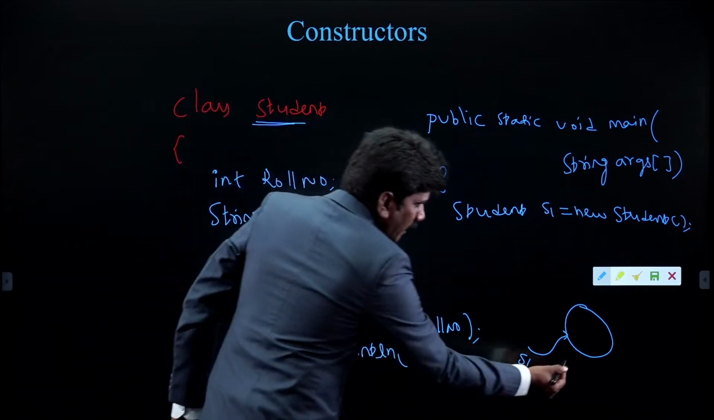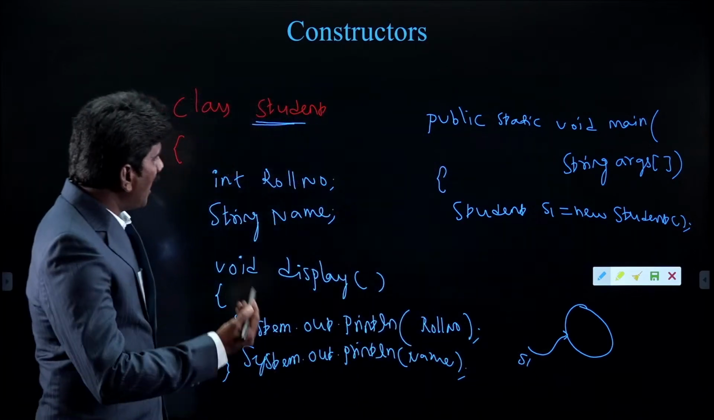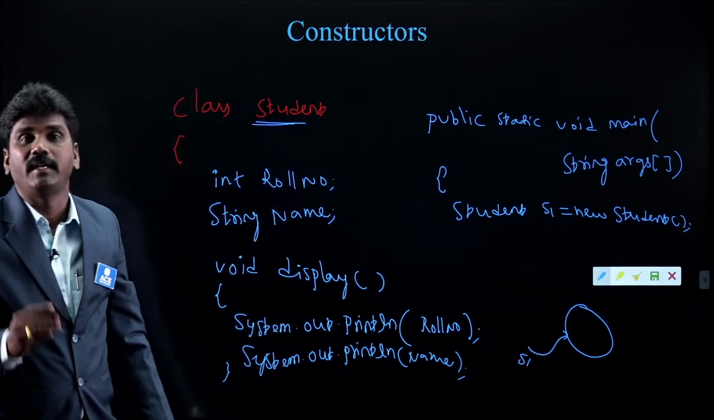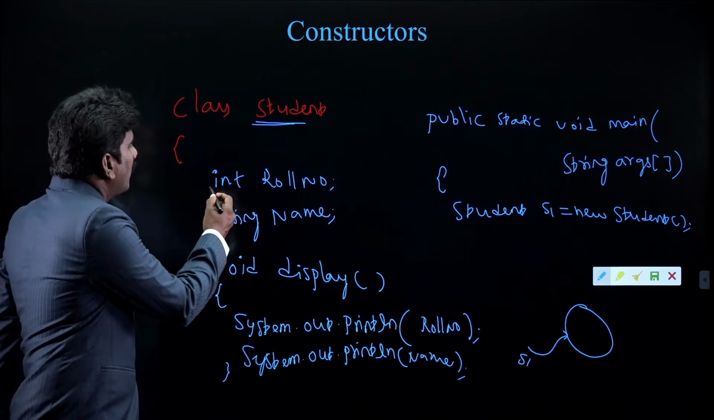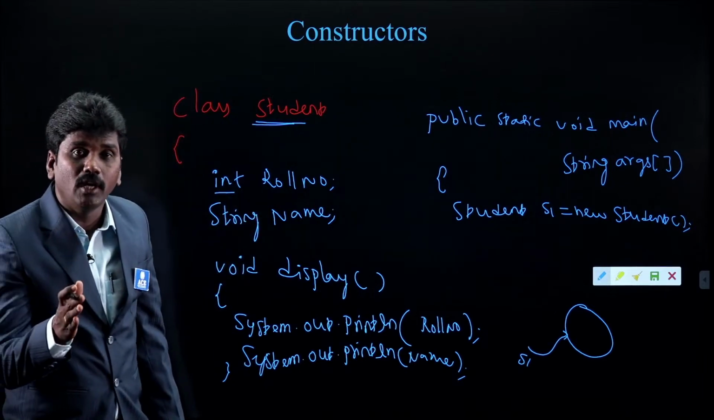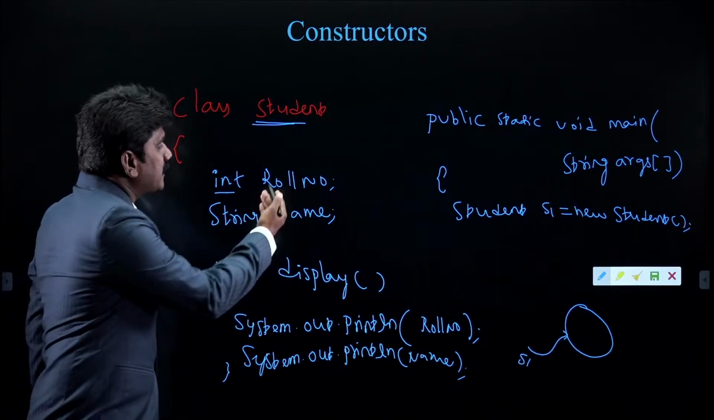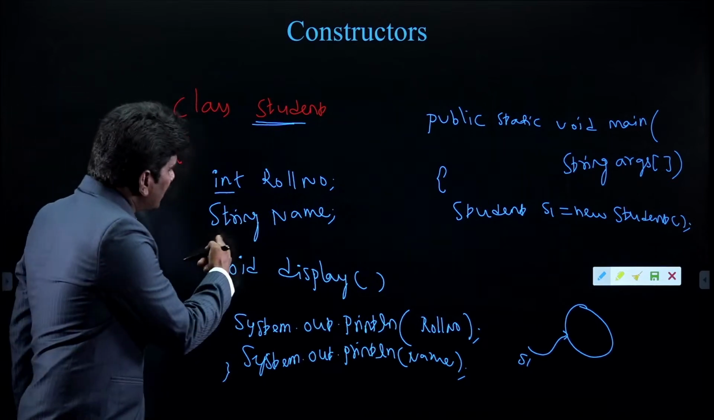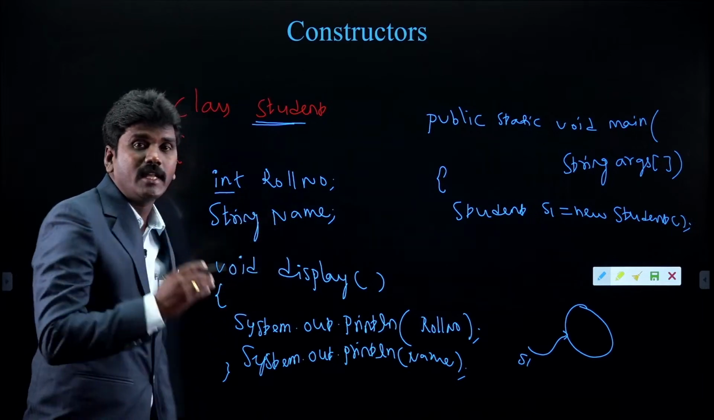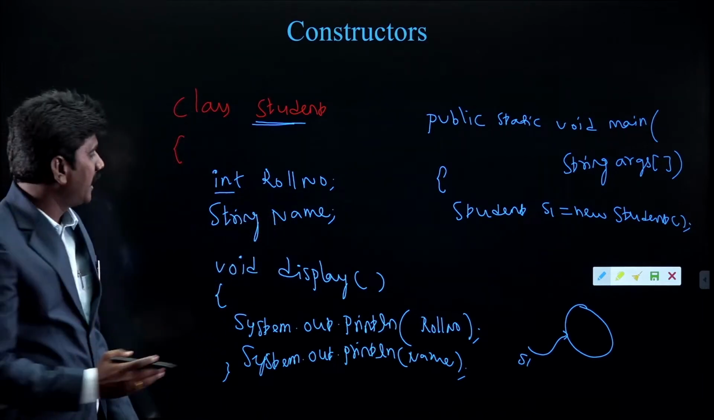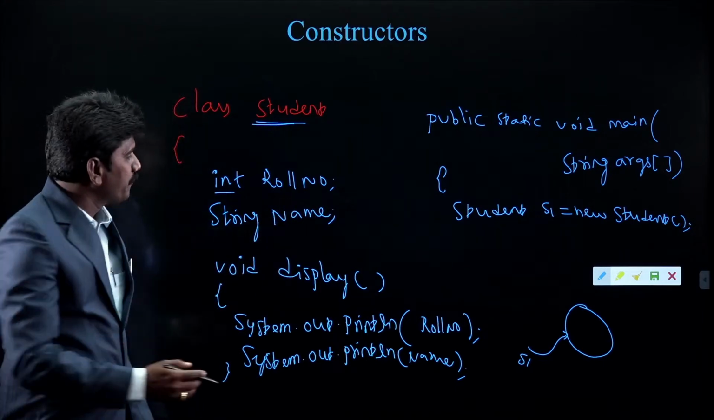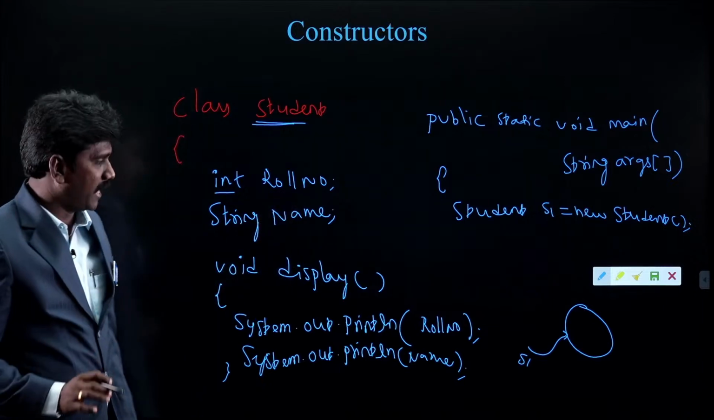So here I have s1. What values are to be initialized here? The default values of the data types involved. The data type is integer. What is the default value of an integer? That will be assigned to the roll number. And after that, the string name we have used here. Name is of string type. What is the default value of a string? It is null. It means roll number is equal to 0 and name is equal to null will be assigned to